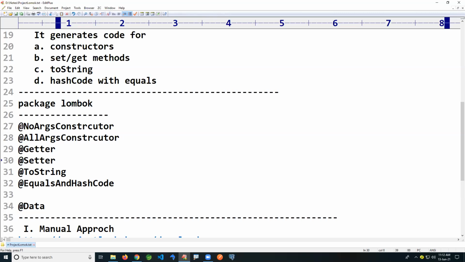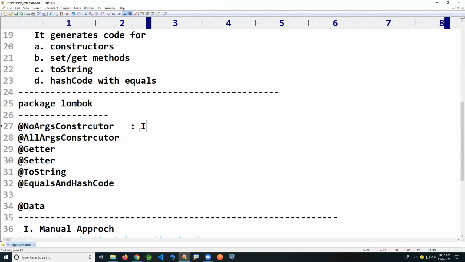NoArgsConstructor will generate a default constructor. AllArgsConstructor will generate an all-parameterized constructor. There is one more annotation, RequiredArgsConstructor; I'll show that at the time of @Data. Getter generates get methods, Setter generates set methods. These are all code generation concepts only.